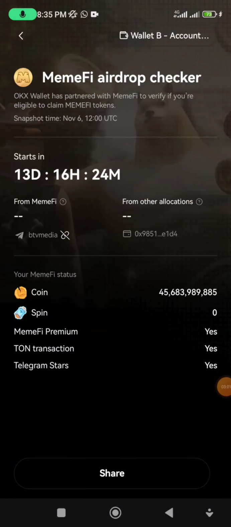So you can see now my Telegram is also connected, and I have my parameters ready like this. Okay, you can see the coins I have so far, the spins. I have no spin. MemeFi premium, yes, I did premium. TON transaction I did, and I used Telegram stars for transaction also. So this is what is available for now, and